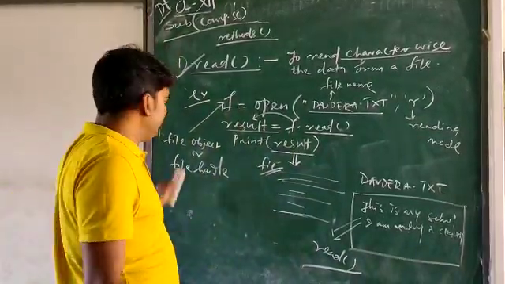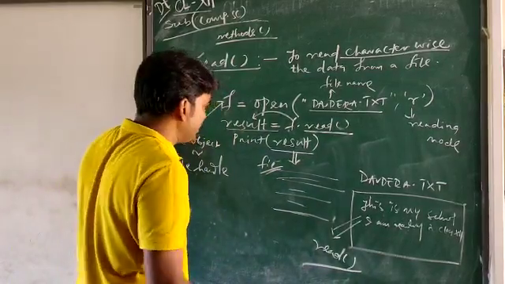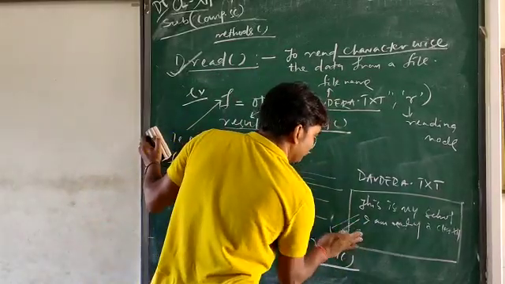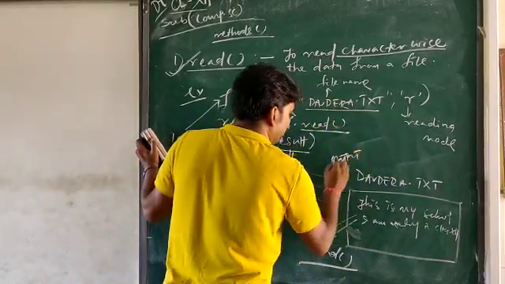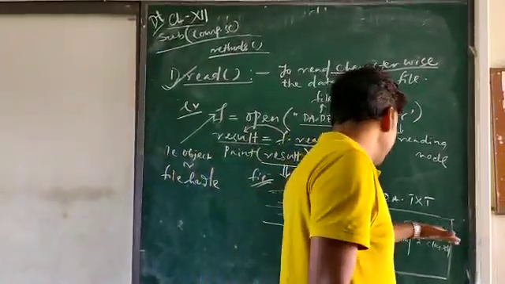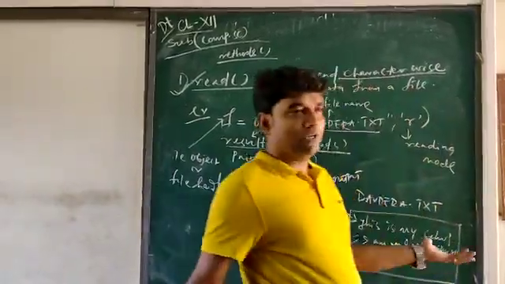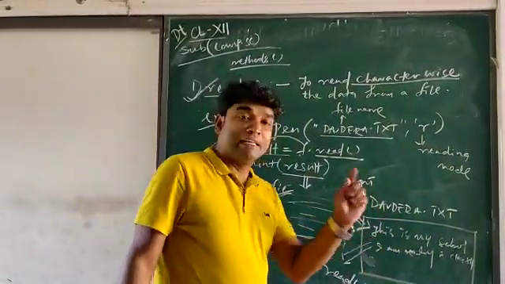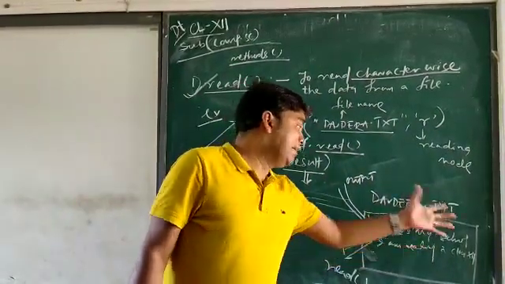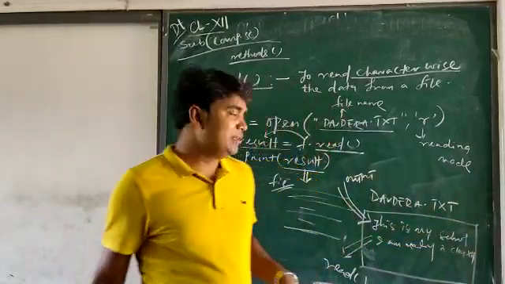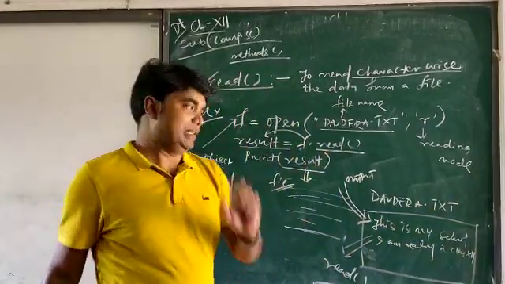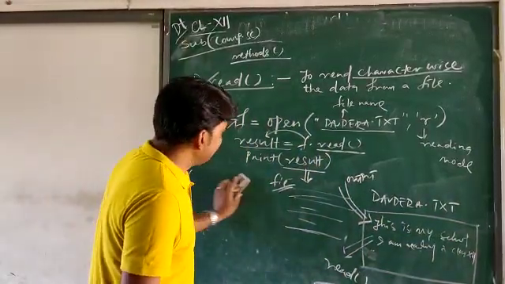But another format is there in the read function. Once you execute this code, this is your output, the total contents. Suppose I enter: this is my school and I am reading in class 12. It reads a single character at a time. It will start with T, then S, then I, then S, then space, everything including the new line characters, the last n, everything. The read function extracts character wise data. Okay. But there is another format in this read function.